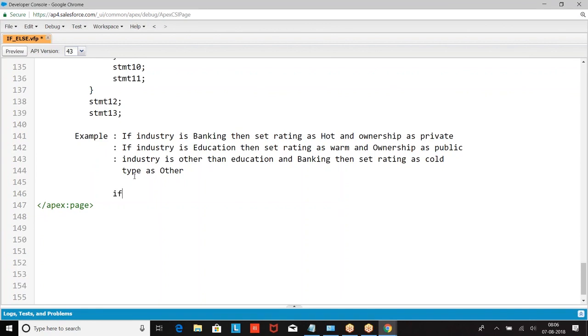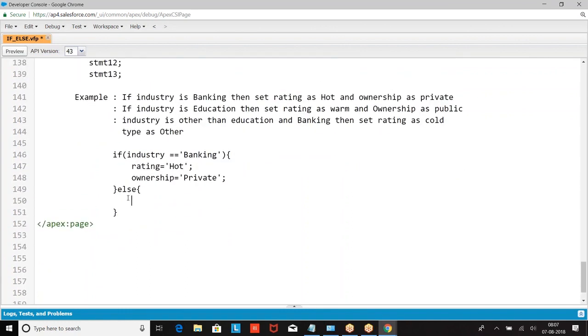How do you do that? If industry equal to banking, do this. Else, what are we supposed to do?